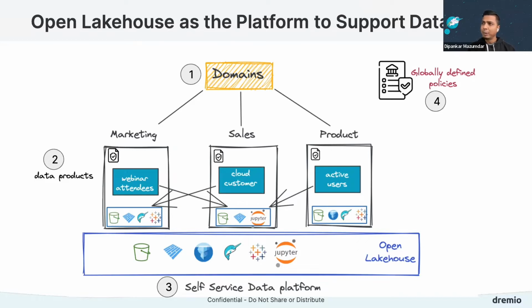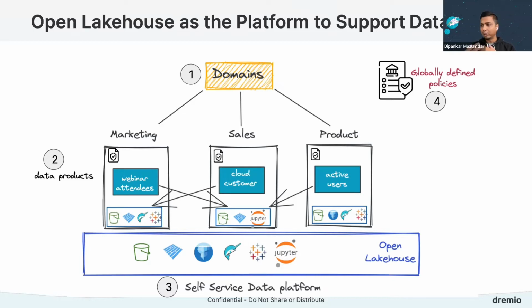So now, like I mentioned in the previous slide, abstracting the infrastructure part is one of the main parts for a data consumer and for the business users to be able to leverage those benefits, right? And providing the necessary tools to build a data product is super critical. We cannot have a great data product, or be able to share the data product for that matter, even if we do not have the right set of tools. So that's the third principle I initially touched on before I go back to the data product part, where you treat Open Lakehouse. And that's where the Open Lakehouse comes into play and makes things easier.